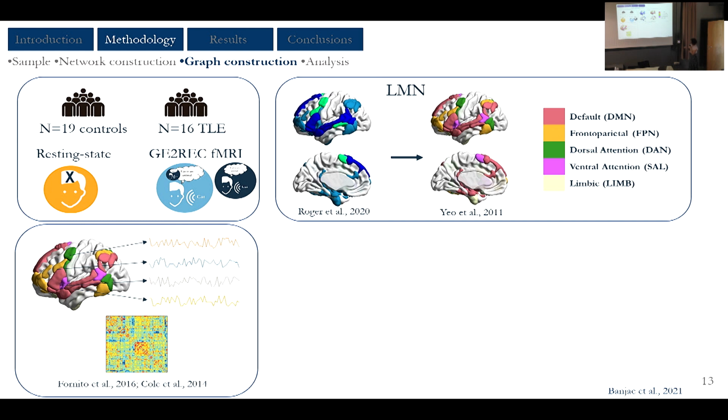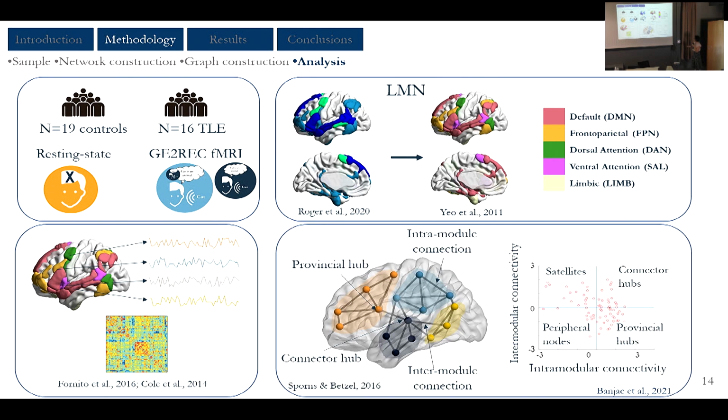For each region of interest, we then extracted time series, and we created correlation matrices that you saw previously in Sophie's presentation. So in these matrices, each row and each column represent a region, and the cell represents the correlation of their time series. Using these correlation matrices, we then performed a community structure analysis to see how these regions segregate into different modules. Importantly, we wanted to see not only how they communicate within a module, with this intramodule connection,